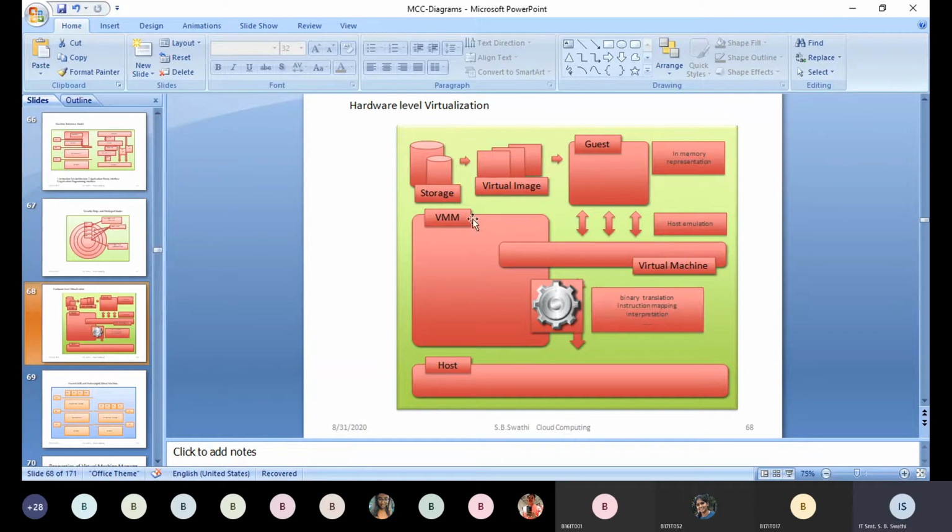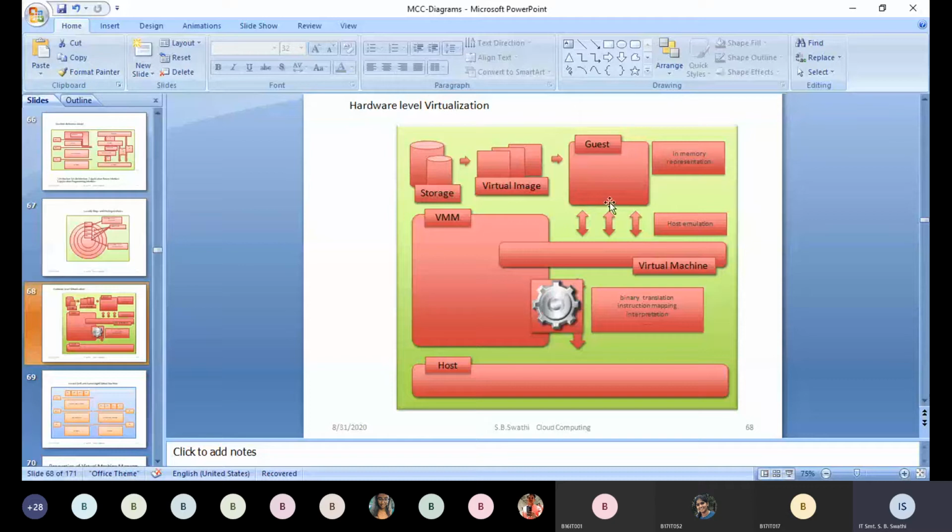Another advantage of this VMM is that, irrespective of the hardware configurations or OS of the guest system, it supports them. VMM tries to compensate for the configurations and different operating systems on the guest system. Everything will be compensated by this VMM, and it tries to see that each and every application on the guest is run on the host.